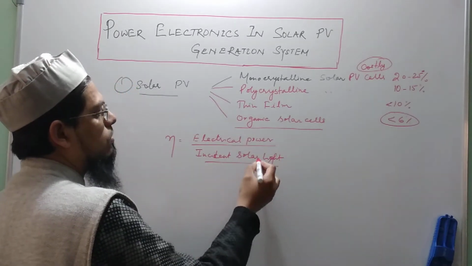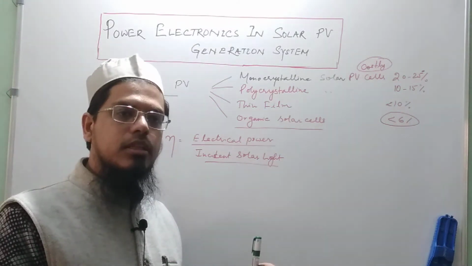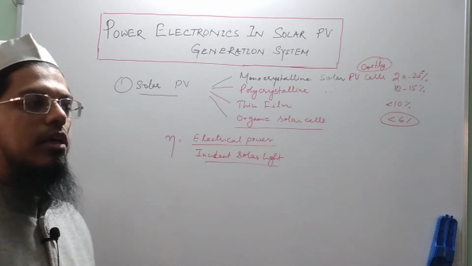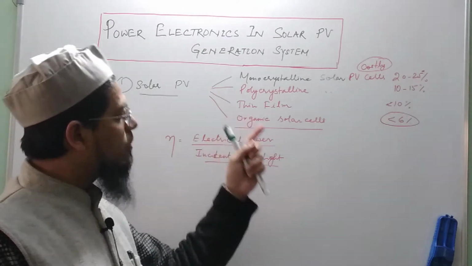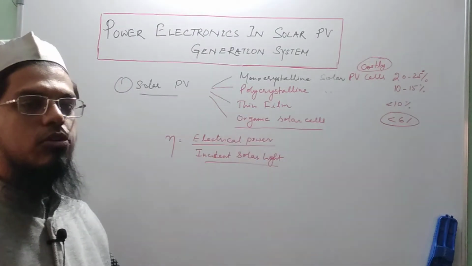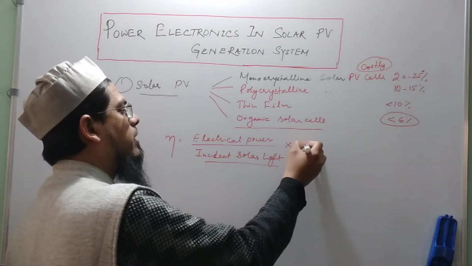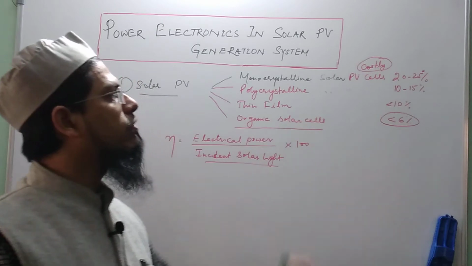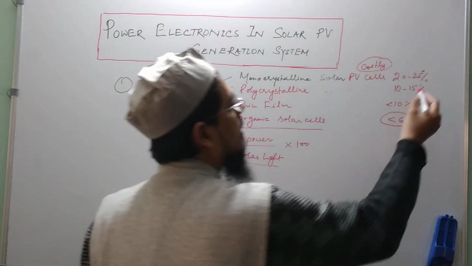So the amount of sunlight falling on the panel area or the cell area, and the amount of electricity generated out of it. The ratio of the two, multiplied by 100, typically comes out to these values for these types of technologies. Although it is quite less,